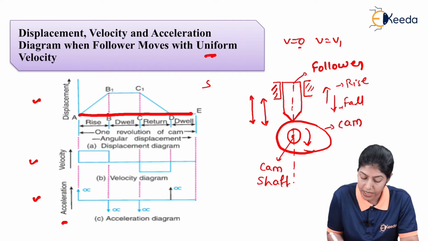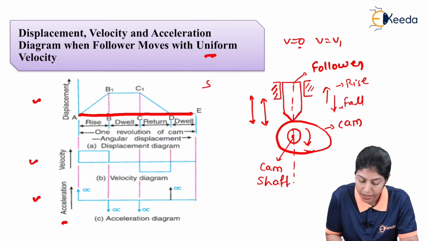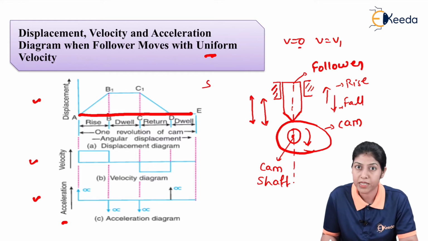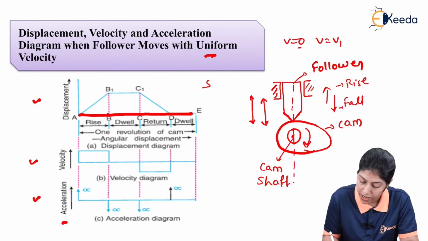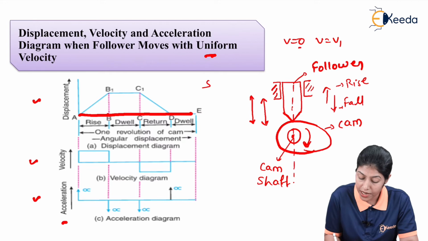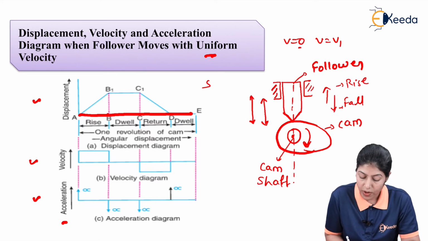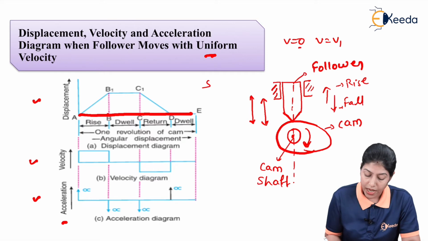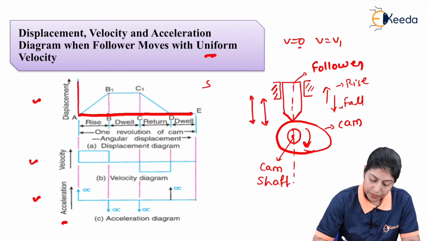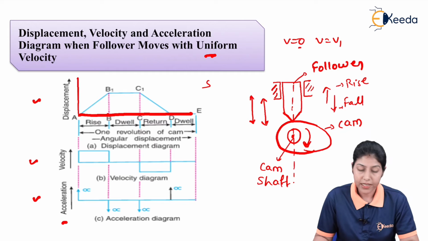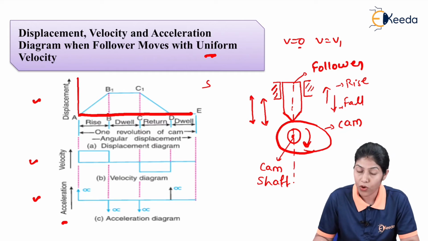So in short we can say at this horizontal side we have to write down the exact angular displacement of the cam, because cam is rotating. Because of the rotation we will consider angular displacement in cam, and as per the angular displacement we can define the exact displacement of the follower. So at horizontal side it will be the time which is required to complete one revolution of cam, and at the vertical side we will define the displacement of the follower.